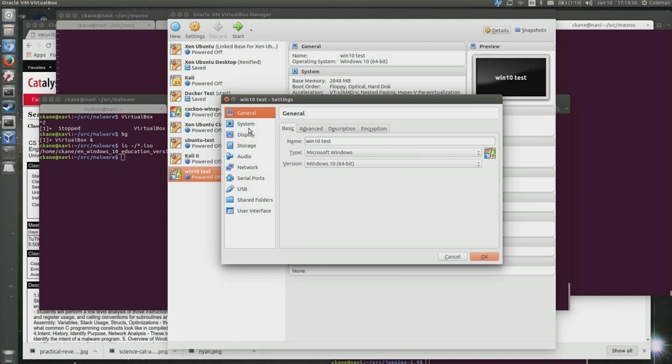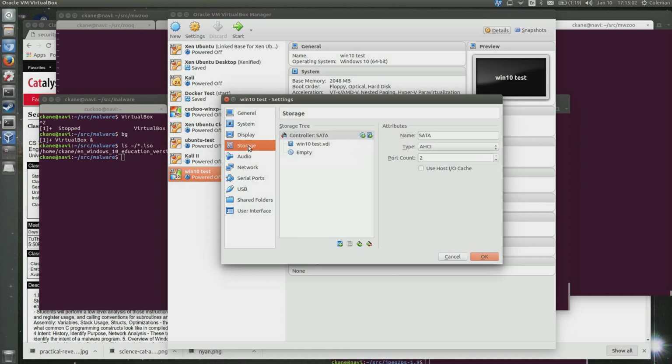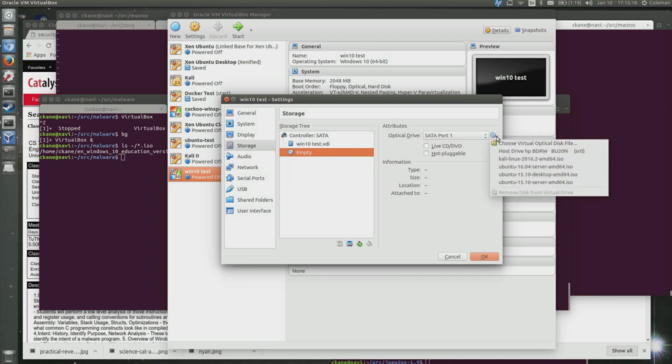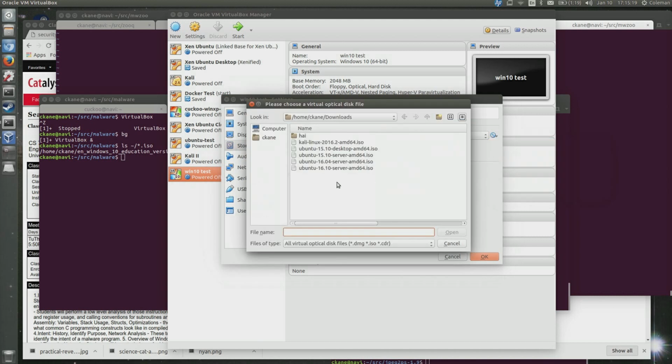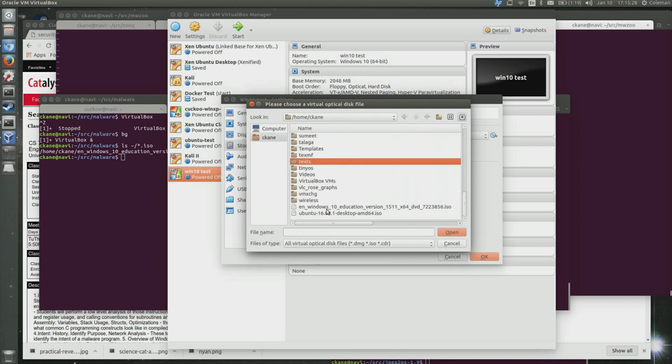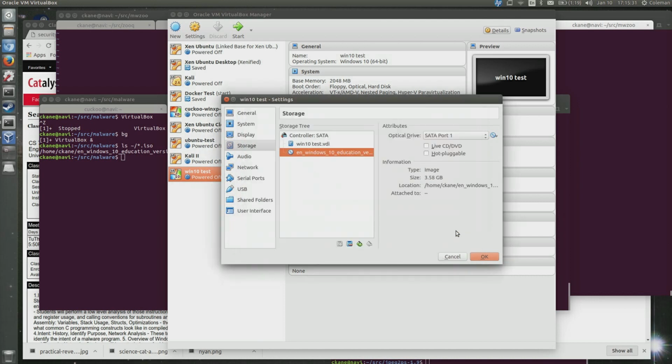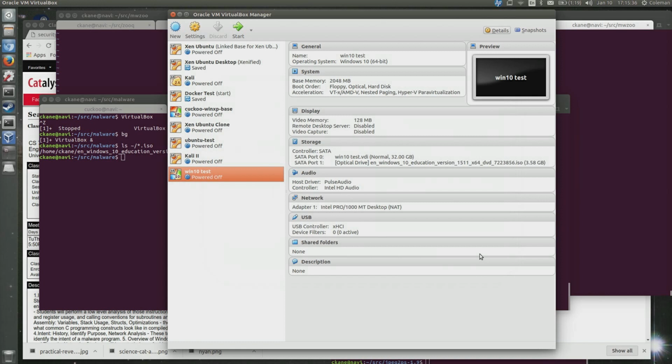So for instance, I'd go here, I click on the settings button up here, I go to storage, and because they know that you generally want to have a virtual CD drive on here, they always automatically add one for you. So you just look for it in this list. And then I'm going to pick a file. So, this one. And then I'm going to pick this Windows 10 educational DVD. And then I'm going to say OK. And now I saved it.